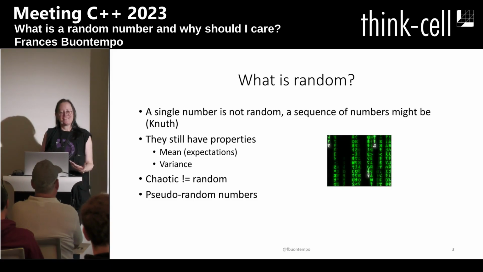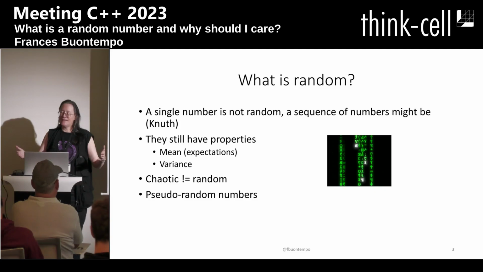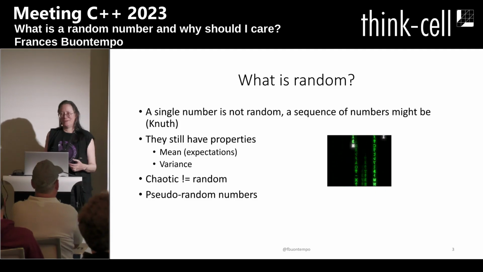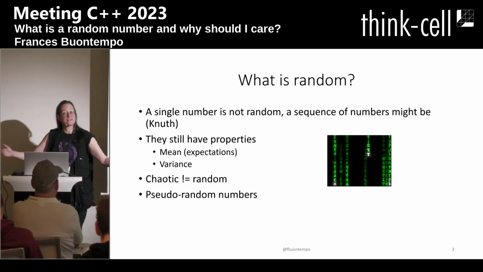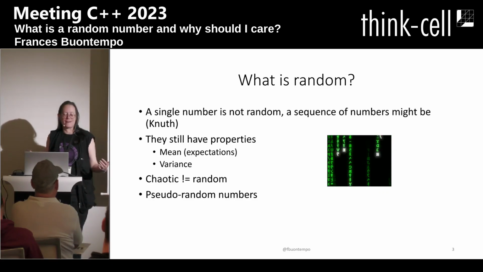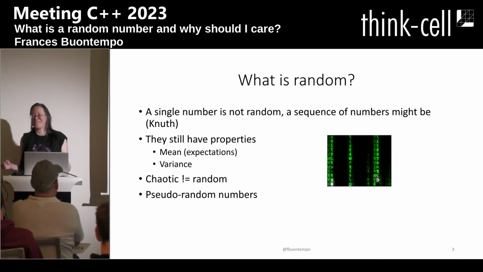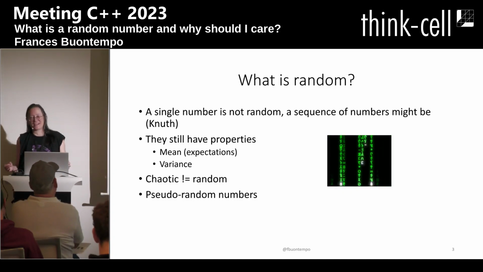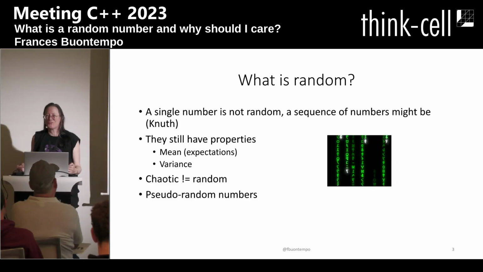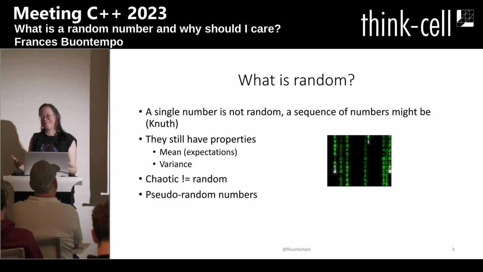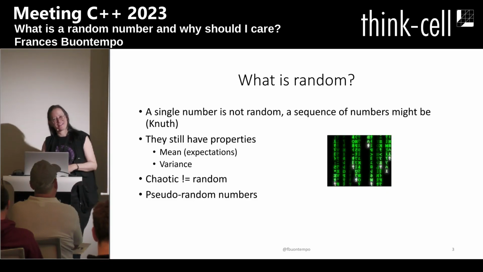So let's extend this out a bit. We can have a sequence of numbers that might be random. So there's never a single random number, but there might be a sequence of things that appears to be random. Which means, well, that's what we're going to try and dig into over the next hour partially. And, plot spoiler, I'm still not sure what random really means. So if anyone wants to keep discussing this with me, then that might be quite interesting, but that's for offline,